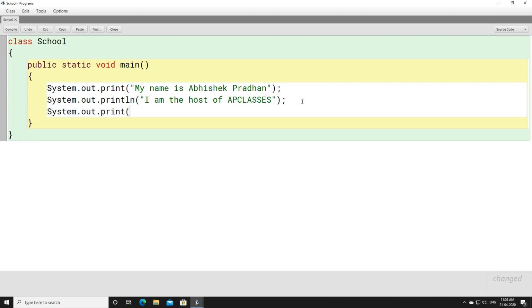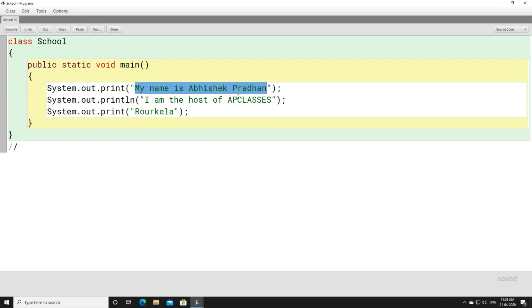Now see, if you write anything after this, system.out.print, and here you write Rourkela, then what will happen? System.out.print Rourkela. Look, you can evaluate yourself. I'm just writing a comment line here, because here in 3 cases print is written, so these things are going to get printed, isn't it?